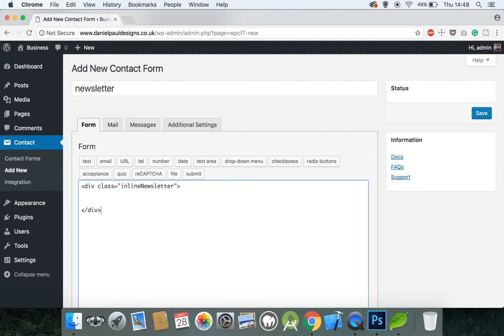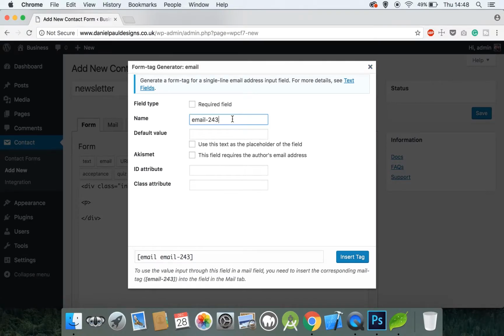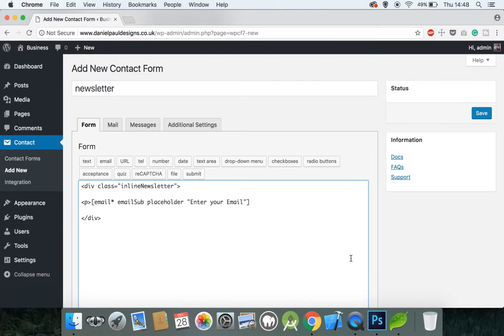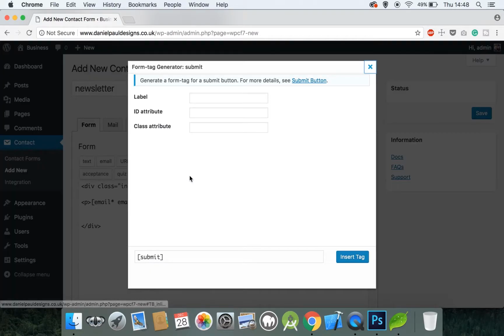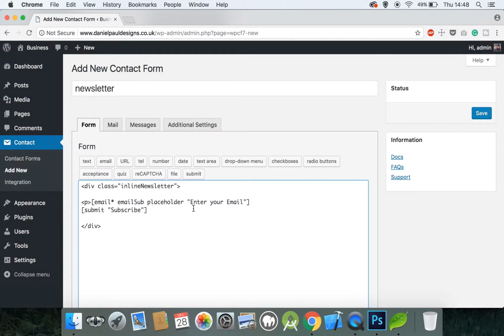Close this div off, and in here put our email form, and we'll say email sub, and it's a required field, and the default value will be enter your email. Use this as a placeholder, then insert that tag. Then we also want to put a submit button in here. Name this subscribe, and then finally close off the P section. And the reason we didn't give these two paragraph tags, like one here and one here, is because we want this to show in line. So save this,